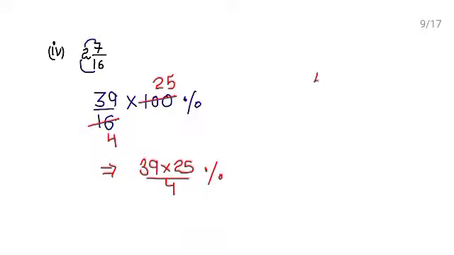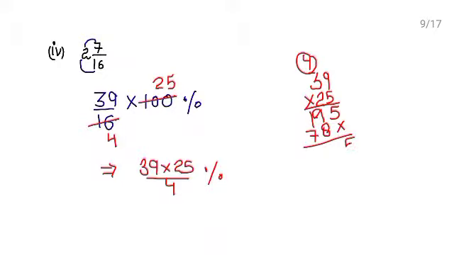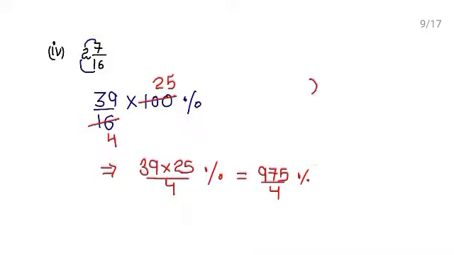Multiply 39 and 25. 5 nines are 45. 5 threes are 15 plus 4, 19. 2 nines are 18. 2 threes are 6 plus 1, 7. Add them. 5. 9 plus 8, 17. 7 plus 1, 8 plus 1, 9. So this is 975 upon 4%. So divide